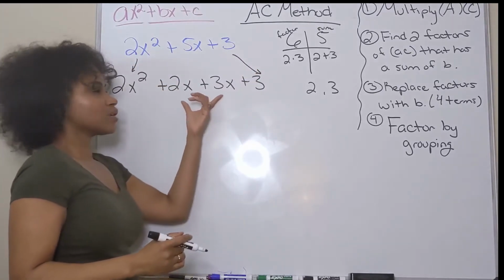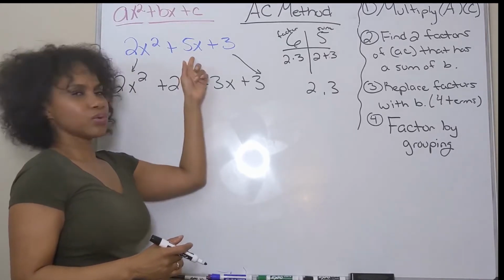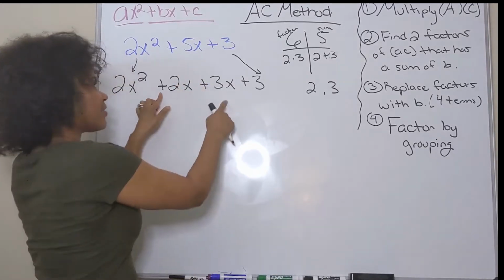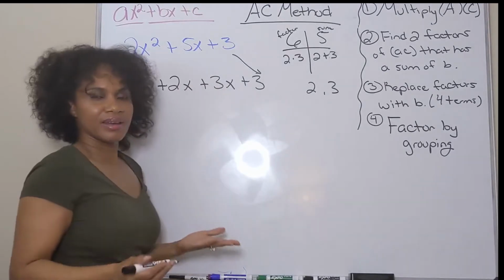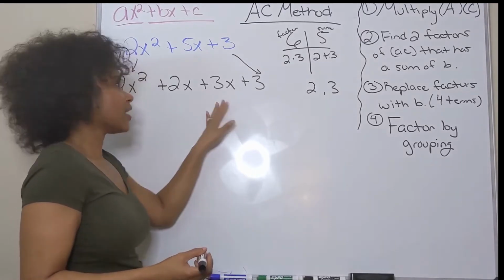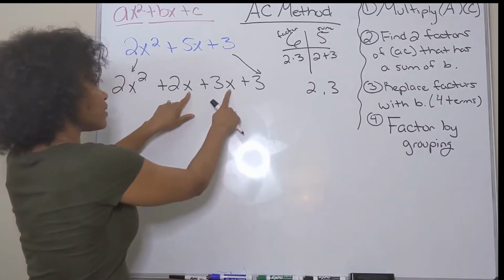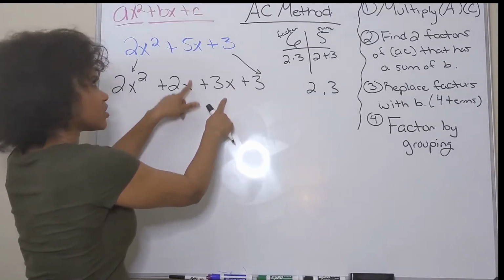Alright. So the result, or what the factors that you have in the middle, should equal the original b. I could flip these. I could put the 3 first and the 2 second. It does not matter because you're going to actually get the same answer. Alright. Make sure that you have your variable behind your new factors, because again, it should give you that